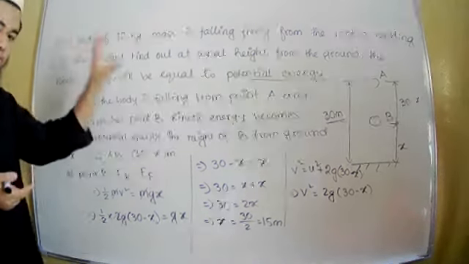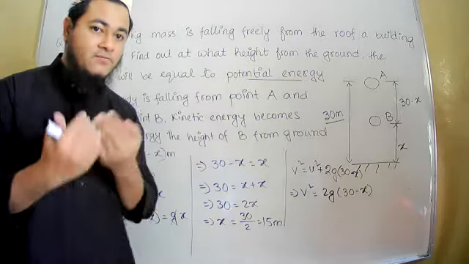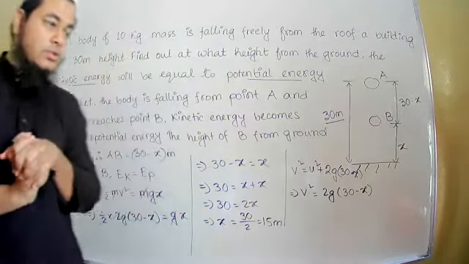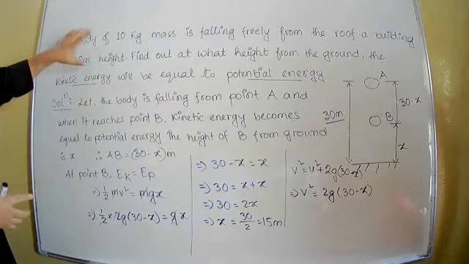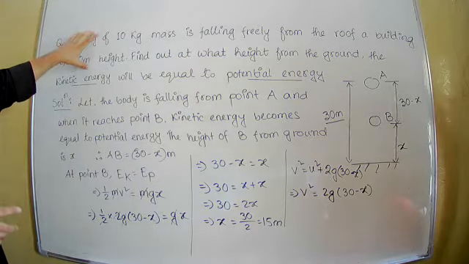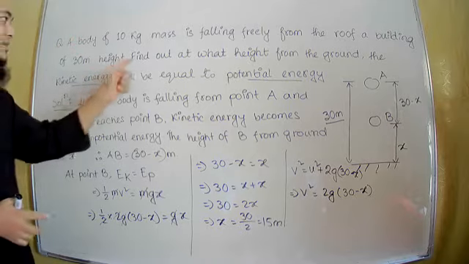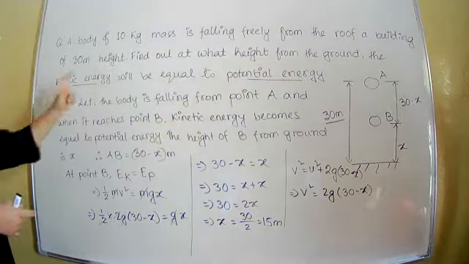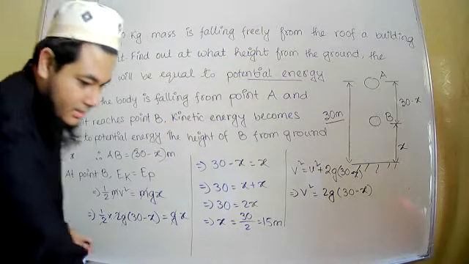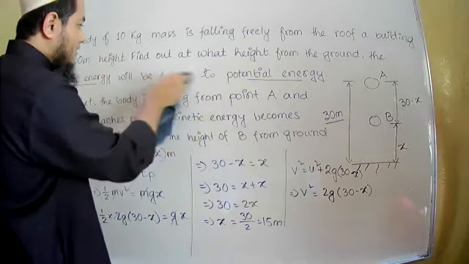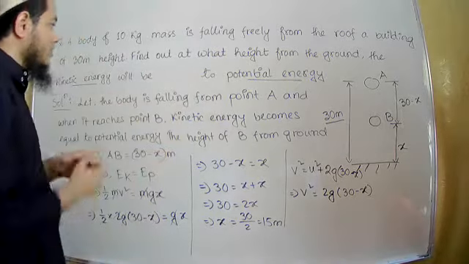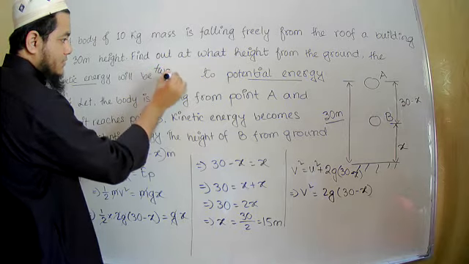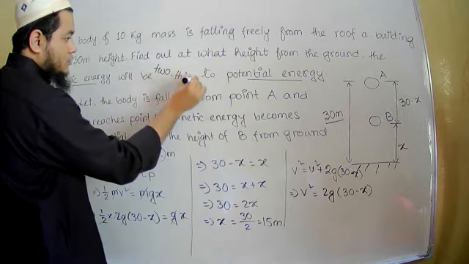Now, the same question might come in different form. So I will show you what are the different possible forms of this question. So the first line, let us keep it same. There will be difference in the second line. Find out at what height from the ground the kinetic energy will be. Instead of being equal, you see, they will say will be 2/3. I will write it like this: 2/3